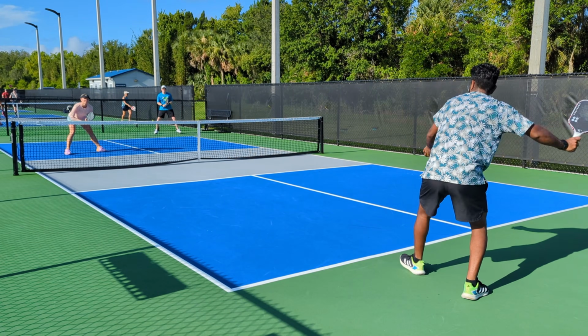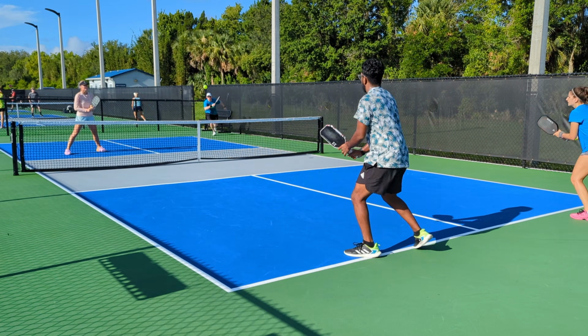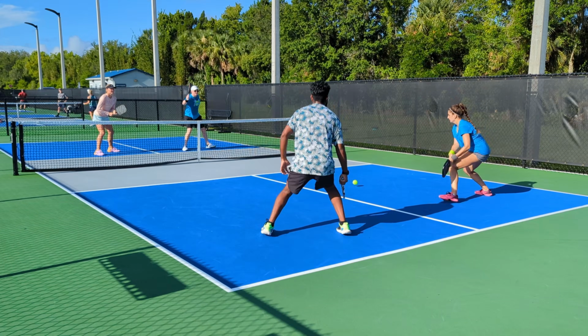Now, the feel of the paddle is where it took me a little bit of time to adjust. I definitely wasn't used to how this paddle felt. It's got a little bit of a stiffer feeling on your shots. So for someone that likes to play a very control-based game, it took me about a week of playing with the paddle to really hone in the touch of the paddle and get my drops and my resets to consistently